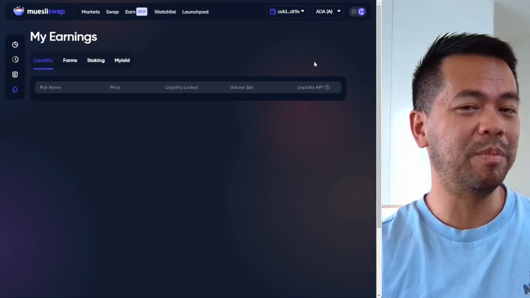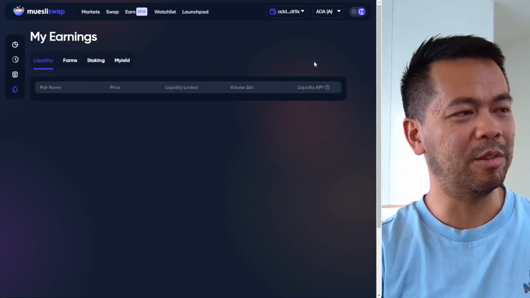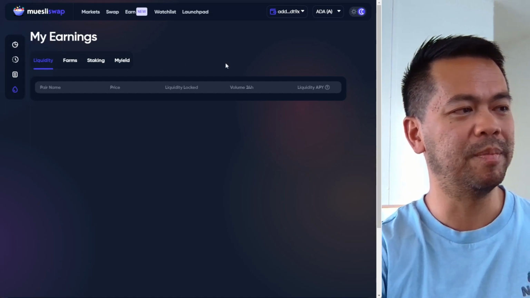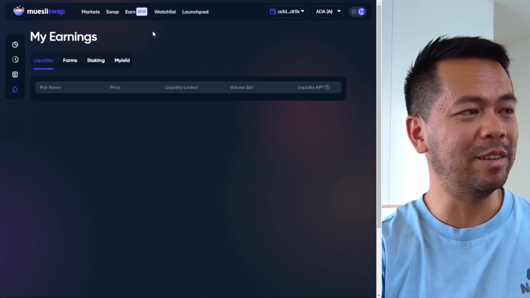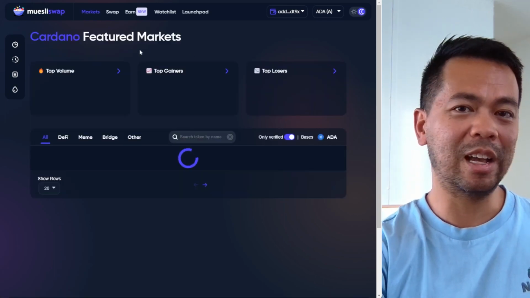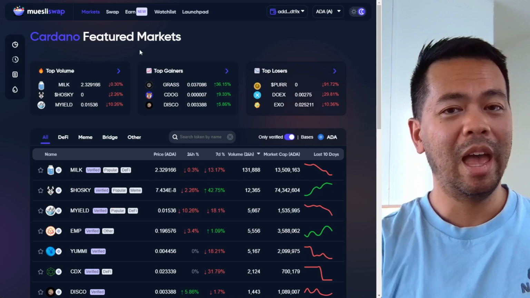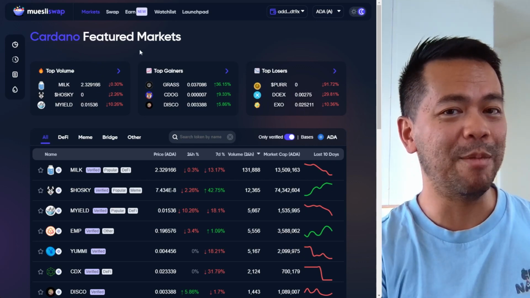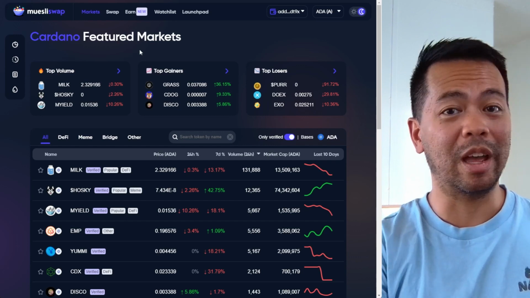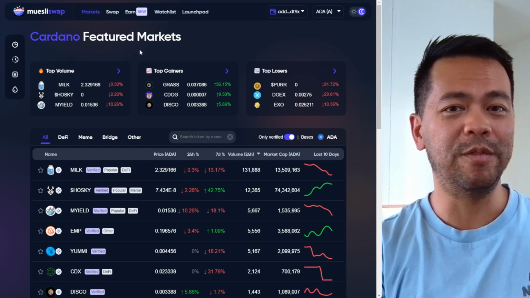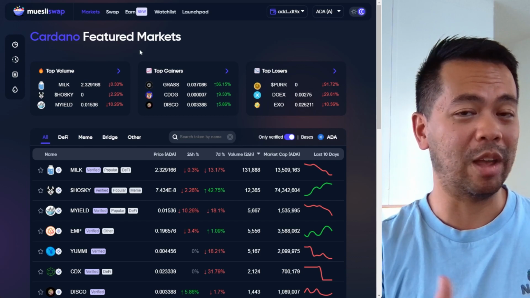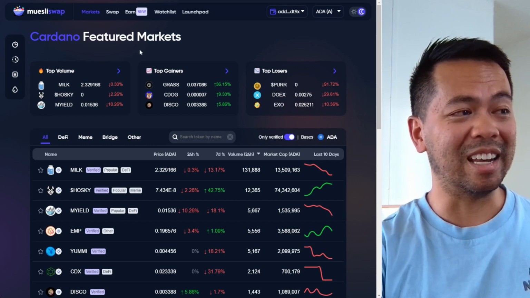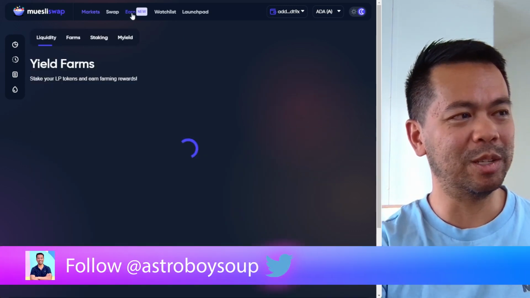I just need to swap my MYIELD tokens for ADA as well, but I'm actually going to keep on to my MYIELD tokens. I think it's a fairly cheap price at the moment. So that's everything around the Muesliswap DEX, everything around how to perform the swap, how to provide liquidity, how to yield farm, how to convert your MYIELD tokens to MVOUCHERs. I will show you in a future video how to actually go through and convert your MVOUCHER tokens to ADA. I'll get that clarified, but that's it,